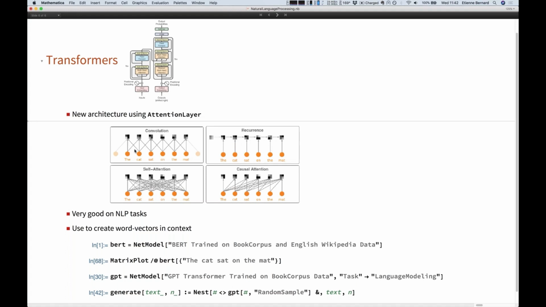The problem with these is that they have a hard time quickly connecting regions that are far away. Let's say that for some reason, to understand this sentence, it's very important to pair the and mat, which actually is not the case in this sentence, I should have put a better example. Then it's going to take a lot of time and many layers for the information of the and mat to finally meet.